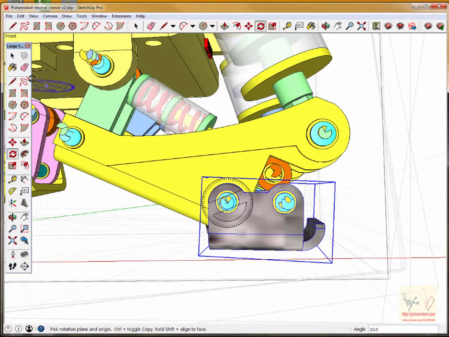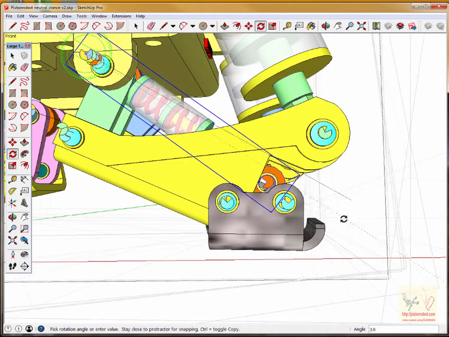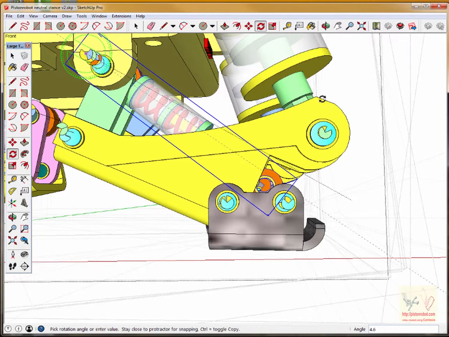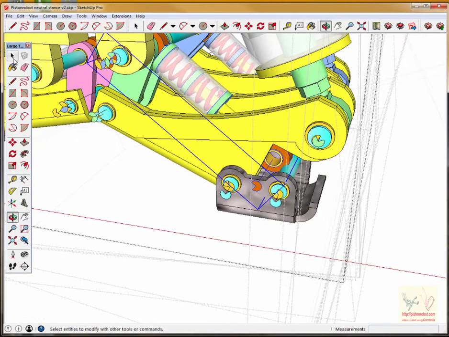In order for it to be in this position, we have to rotate this spring-loaded shaft back down until it's lined up with that toe. And then we have to take the